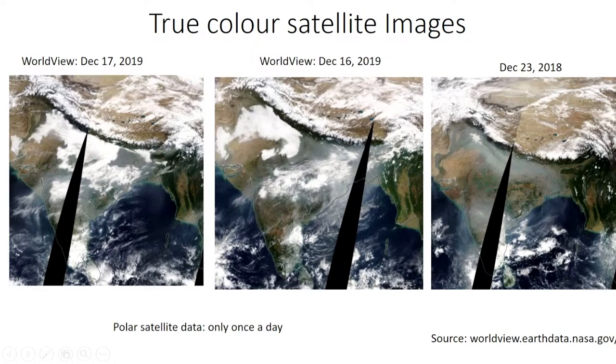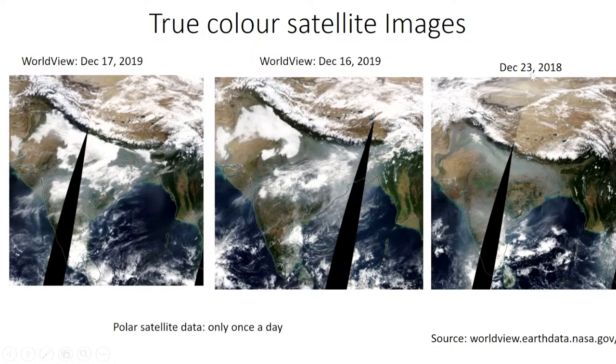It is also kind of a cloud only, but how will we distinguish the fog from the other kinds of clouds? Fog has a smooth top and it has sharp edges. So this is the big full patch of the fog over the Indo-Gangetic plain. This image is for December 17, 2019. If you see December 16, this is the part of the fog here, covering the full Punjab, Haryana and western UP, some part of Rajasthan also.